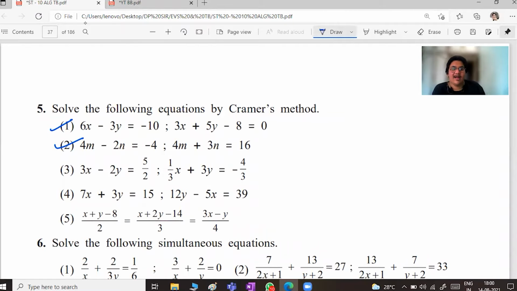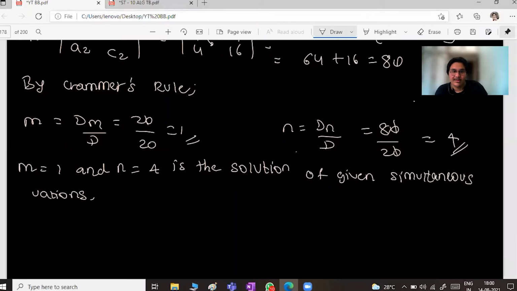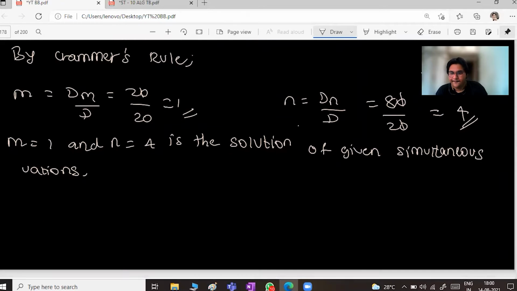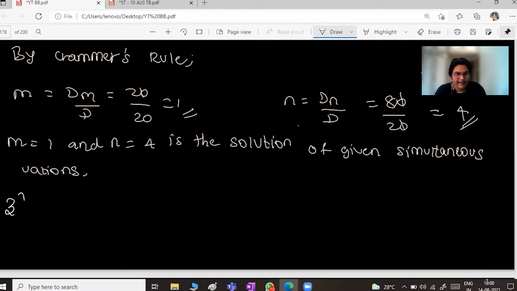First and second are done. I told you to try the third, fourth and fifth, and then I will solve this question. These questions are extremely easy, believe me. Let us start solving. I'll just do full screen, and I'll switch off my camera so that you have a full screen view. Just let me write the third question.